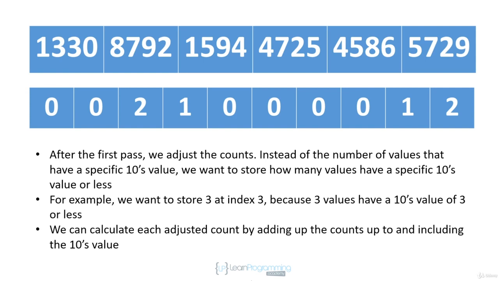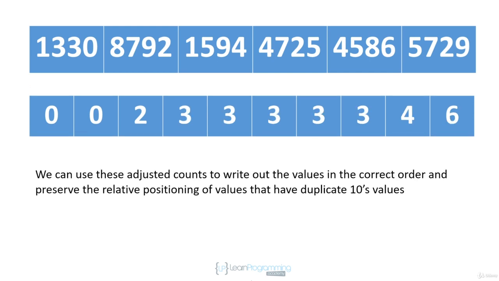Because we don't have any values with 0. We don't have any values with 1. We have 2 values with 2 and one value with 3. And so after we've adjusted our counts, this is what we get. So we don't have any values with 0. We don't have any values with 1 or less. We have 2 values with 2 or less. We have 3 values with 3 or less, and then 3 values with 4 or less, 3 values with 5 or less, up to the value for 8, where we have 4 values that have 8 or less,